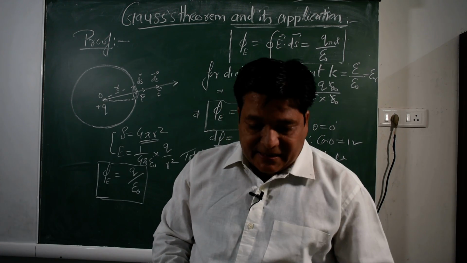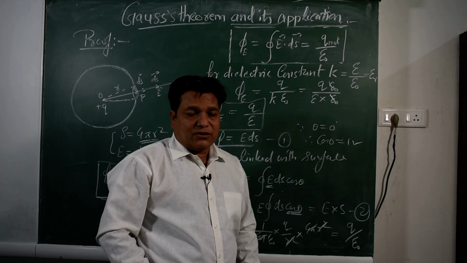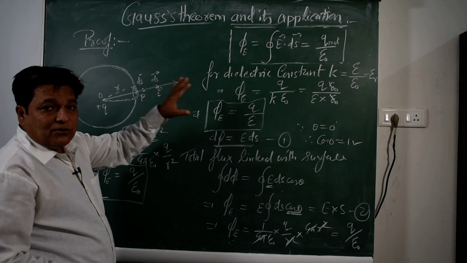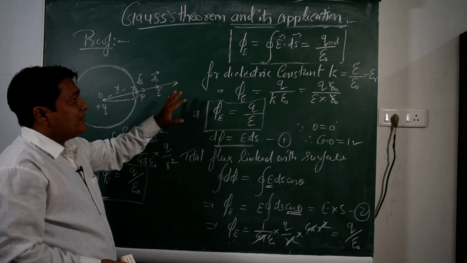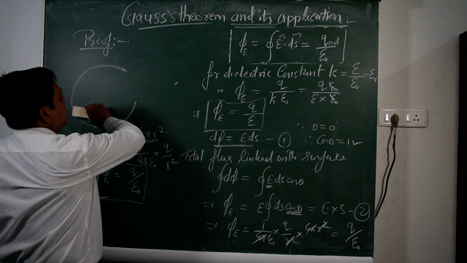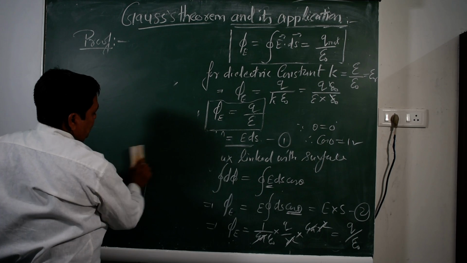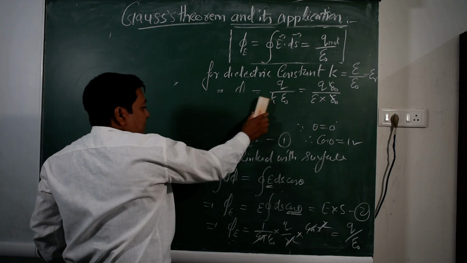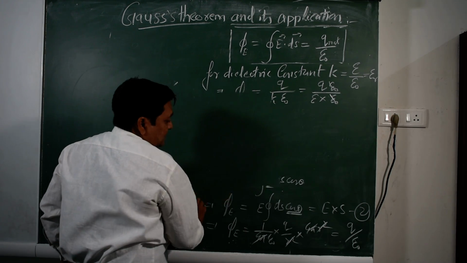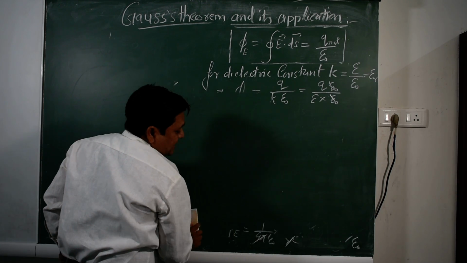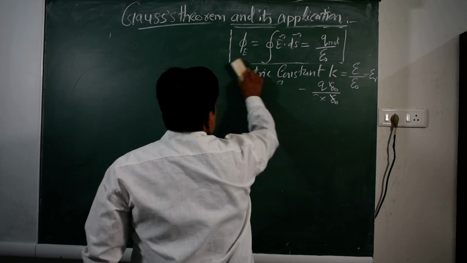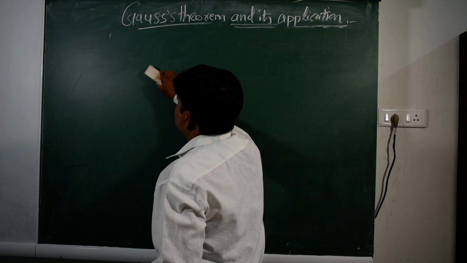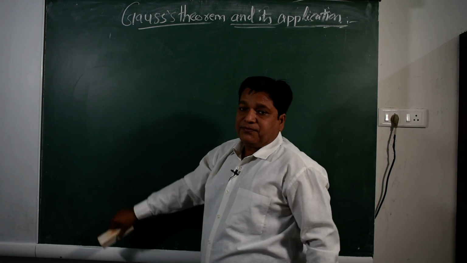Now after this, let us see one of its applications for Gauss law or Gauss theorem. What is the application, where is it used, and why is Gauss law used? Generally, Gauss law is used to determine the electric field for different types of charge distribution, whether a point charge, linear charge distribution, surface charge distribution, or volume charge distribution. We can determine the electric field by using this theorem or Gauss law.